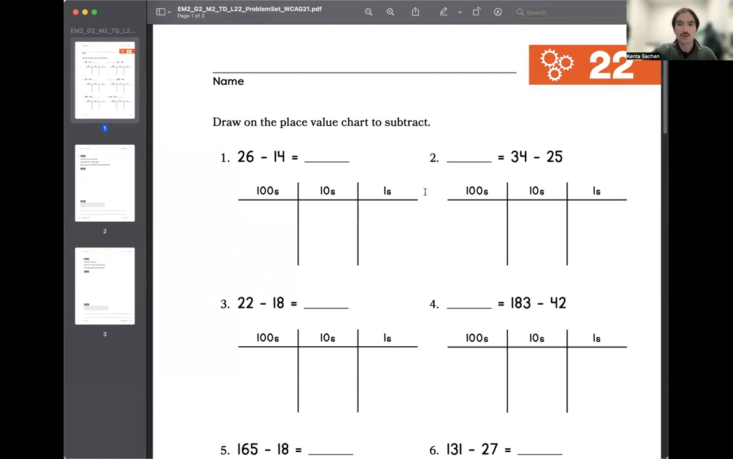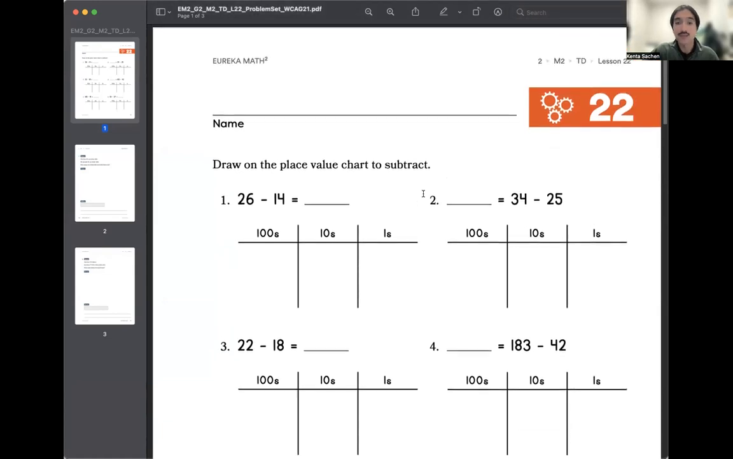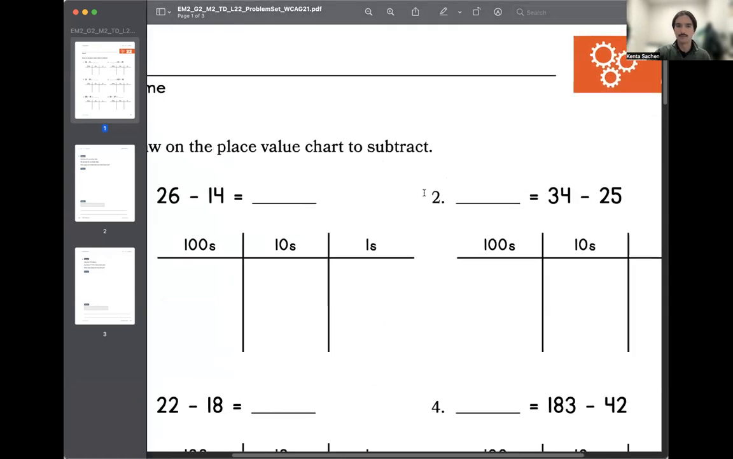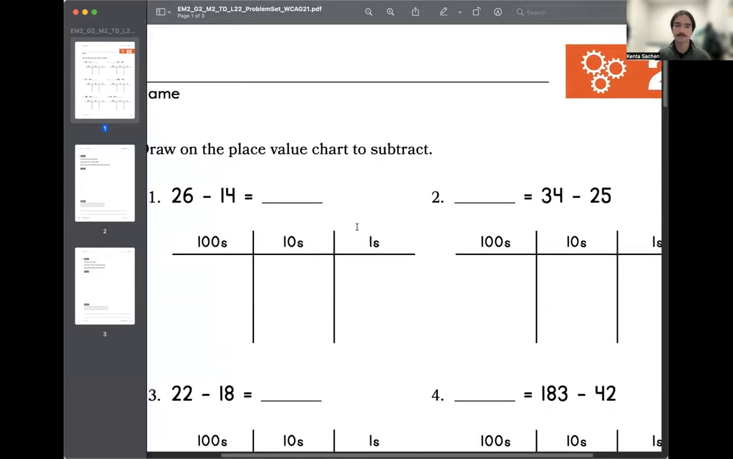All right, so today's lesson is going to be on page 185. 185. And so I'm going to give you a moment to get there. And